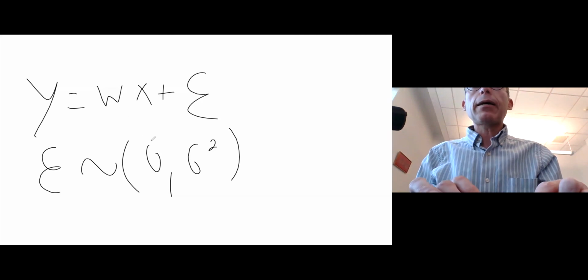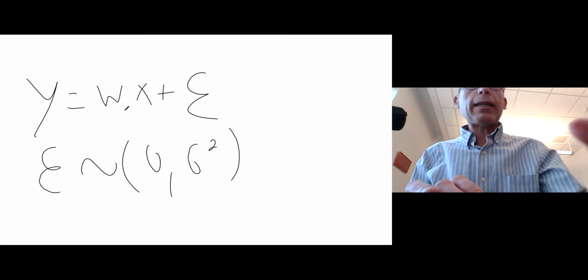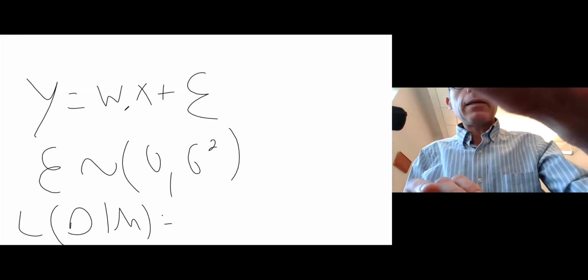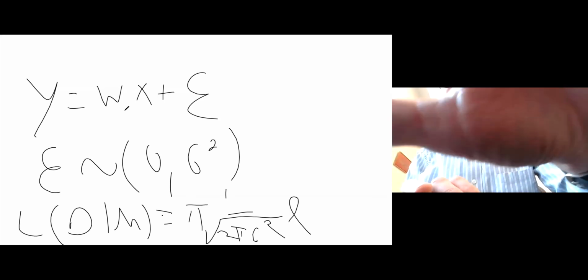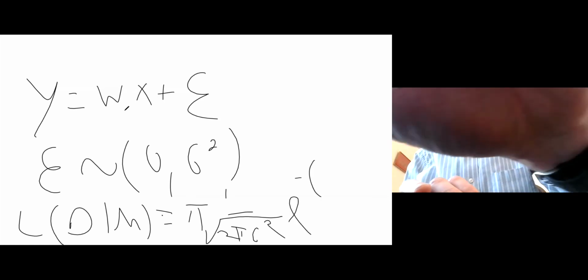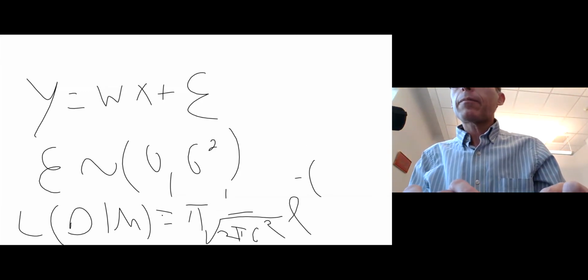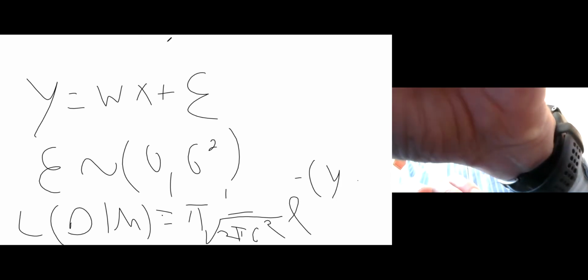Because in that case we can now write the likelihood of the data, L of the data given the model. It's just a product on the error. So we now take the error, so it's 1 over 2 pi sigma square, times e to the minus, and now what I'm writing is the difference between the error, Y minus